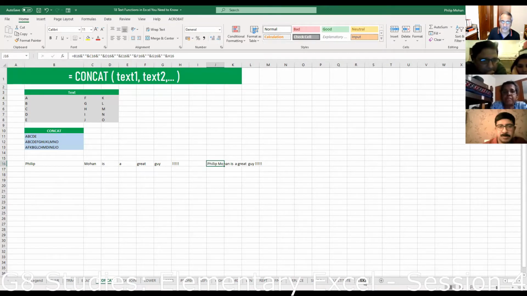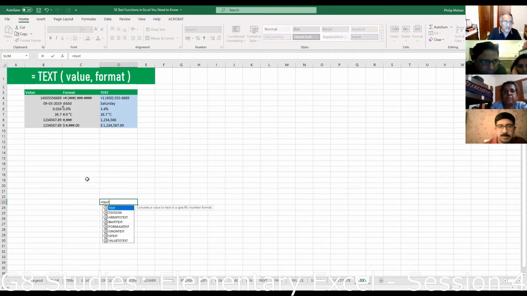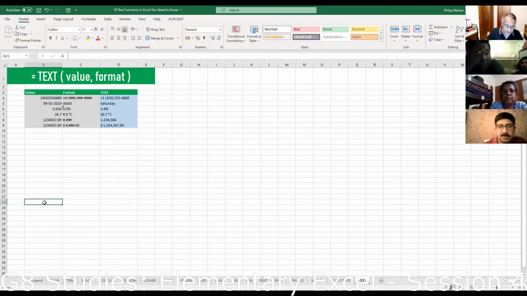The text function. The text function converts non-textual numbers or anything else into text. The formula is very simple. You write text, then you refer to the field, whatever it is, and then you put the format. Let's do my telephone number, as I said. +91 8754034225. That's my telephone number. Don't worry about this.